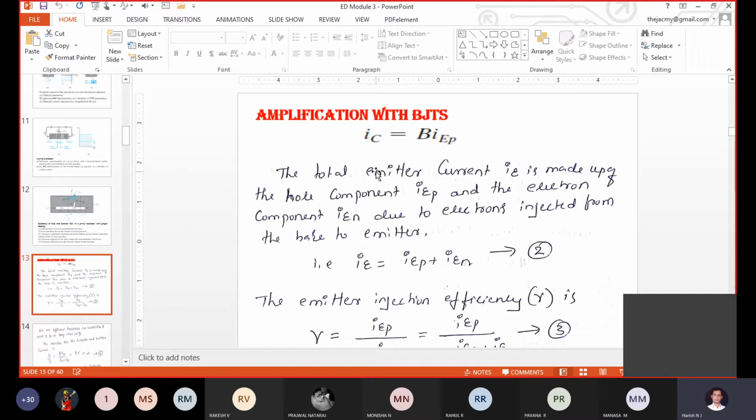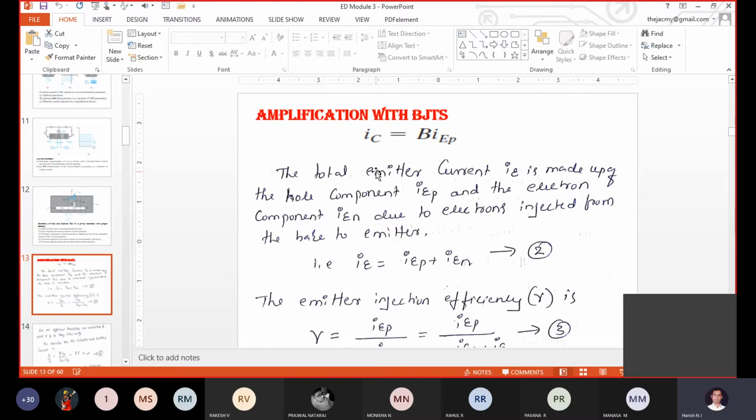Secondary effects means anything, it could be junction capacitance, it could be junction resistance, correct? So these are all the parameters we are going to neglect. We are not going to consider them for analyzing this particular concept, correct? In the fourth module we will discuss that topic also. It will be there in your syllabus, correct?